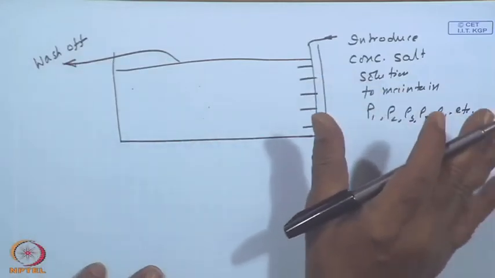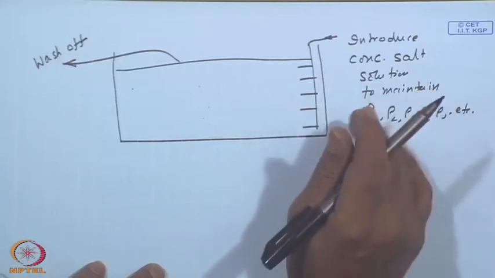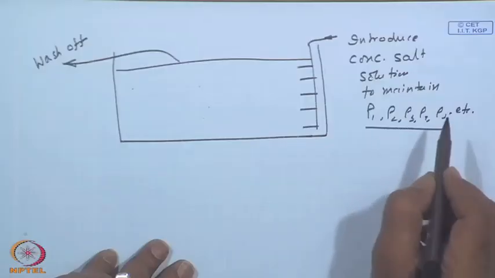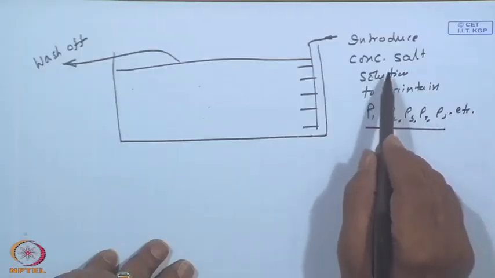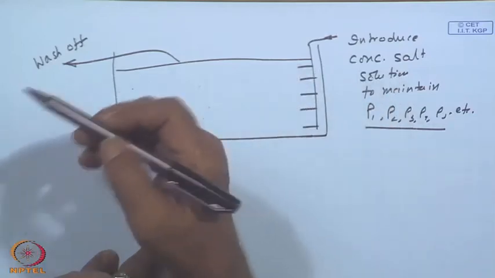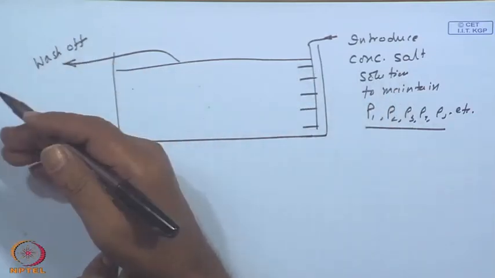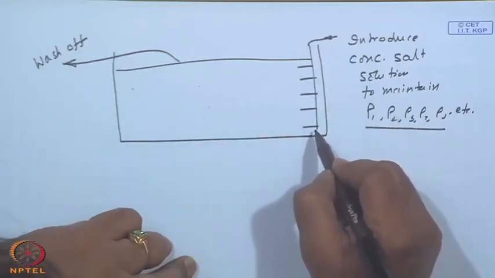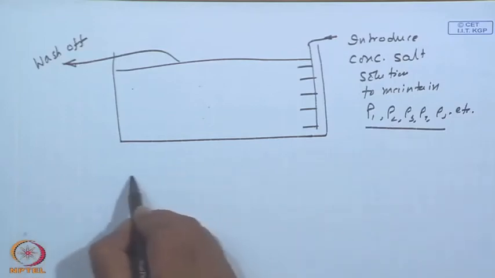So, this is the method in which you build a solar pond, you introduce a layer of water with a certain concentration of the salt, you let it get heated, then another layer, then another layer, then another layer, and they are maintained by continuously introducing concentrated salt solution and the top layer being removed by or replaced with fresh water. Only thing that one has to be cautious is while introducing the salt solution,